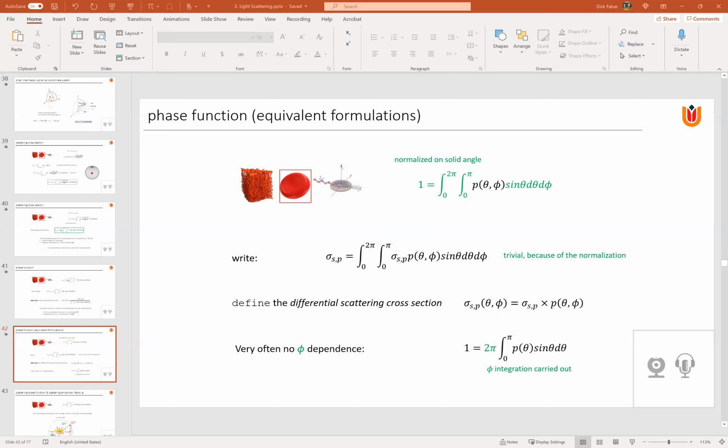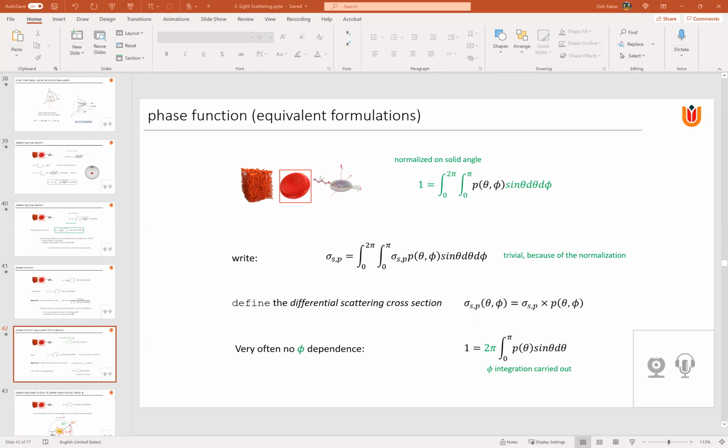And using that, we can try to insert it back into the equation for the scattering cross section. So the scattering cross section is equal to the scattering cross section times the integral of this phase function, and that is really a bit of a trivial approach because of that normalization. So we are allowed to write this, and then we can